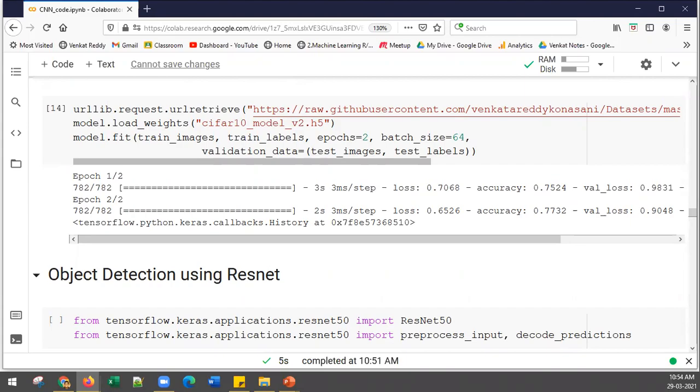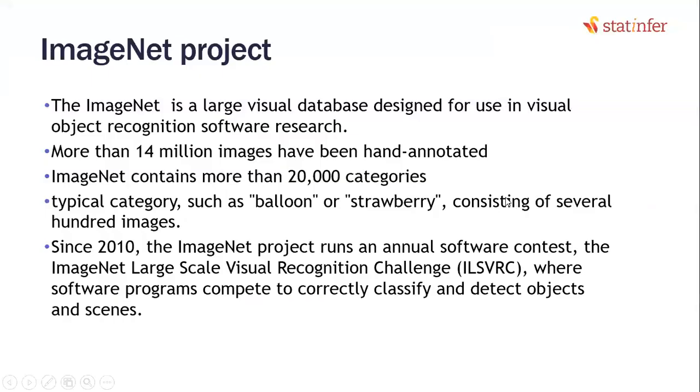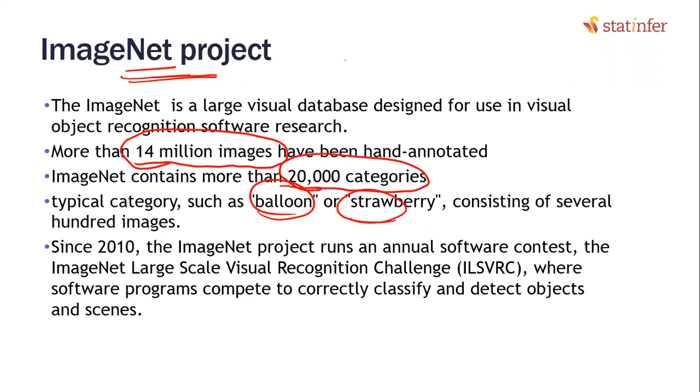This is the overall simple CNN model, but every year there is a competition that runs. Image recognition scientists around the world take this dataset called the ImageNet dataset, the ImageNet project. It has 14 million images from 20,000 categories. Almost all the images that you see in day-to-day life, all the objects from balloons to strawberries to ships to monkeys, laptops, mobile phones, water bottles, pens, pencils, windows, doors, routers, tables, fans, all the items,